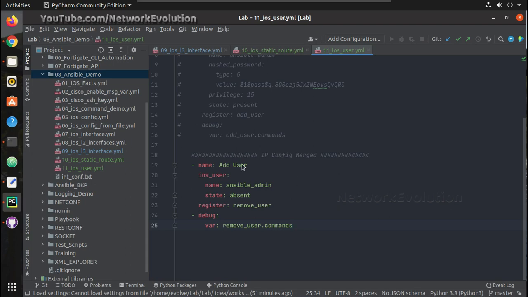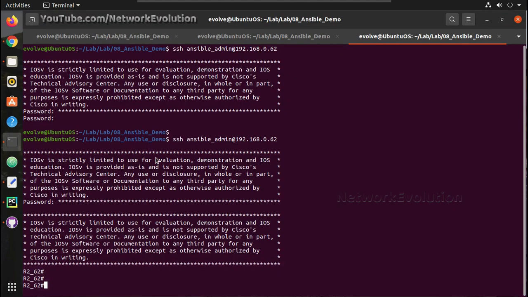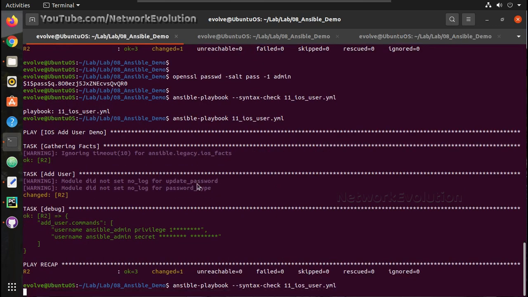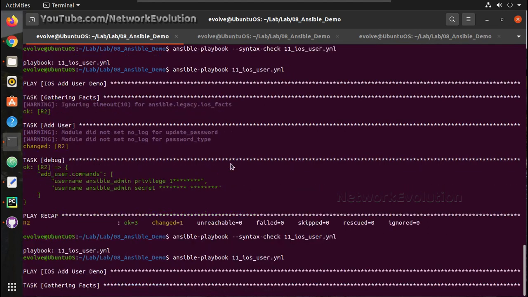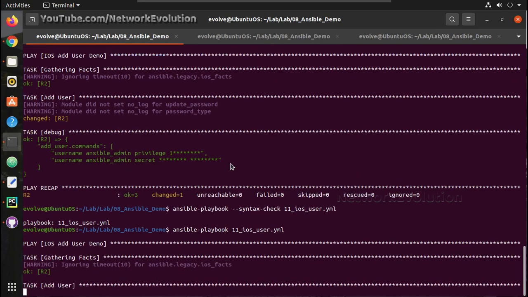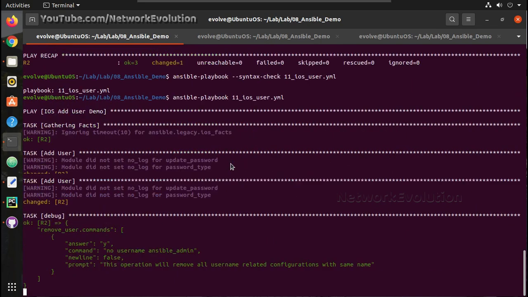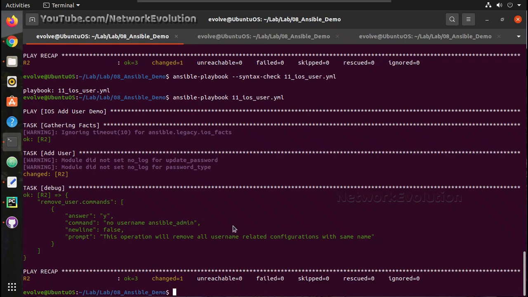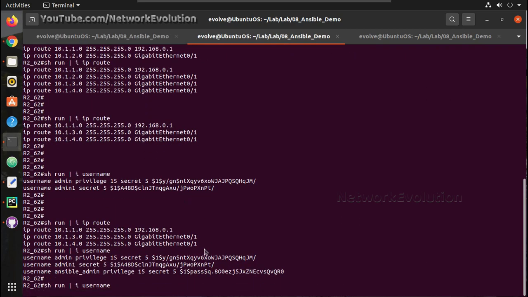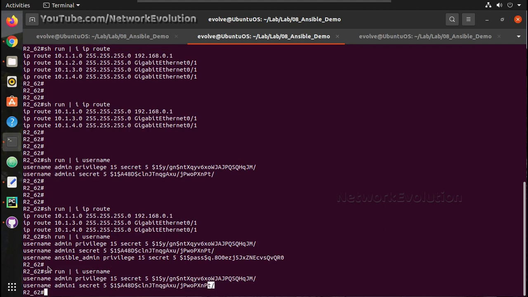Now we'll try running this playbook. Okay, you can see the command here. This executed: no username ansibleadmin. And now ansibleadmin is not there. And now we'll see how to use the purge option.